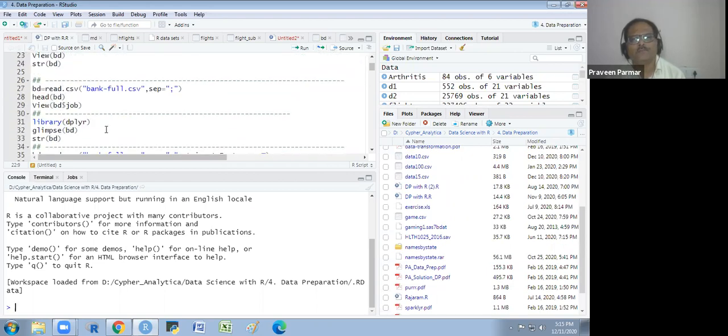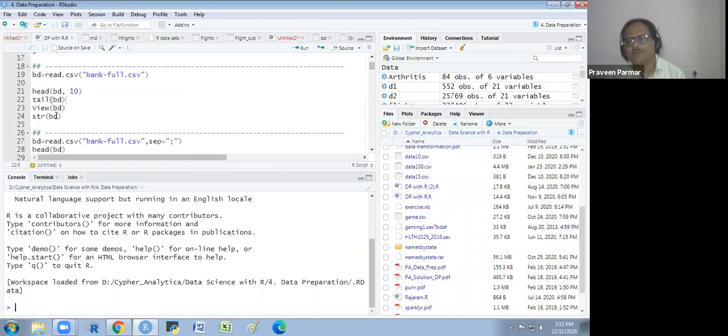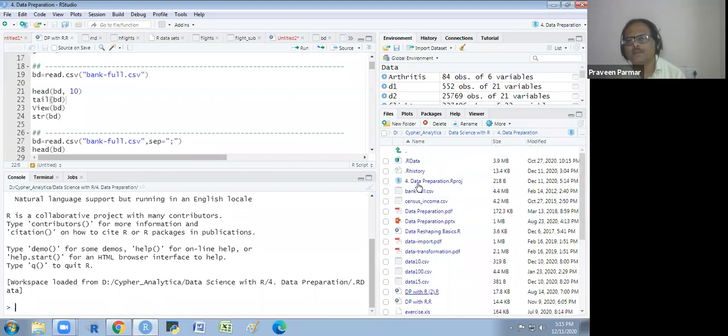First we see the CSV file, how we will read it. There is a file like bank-full.csv in this folder. I will just click here and remove all this, and also remove this.